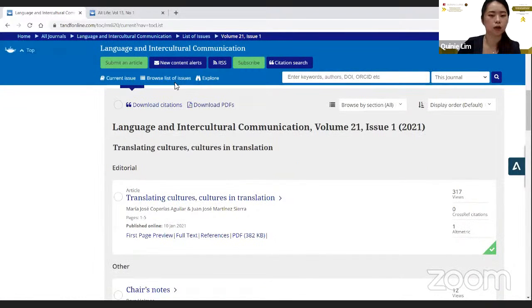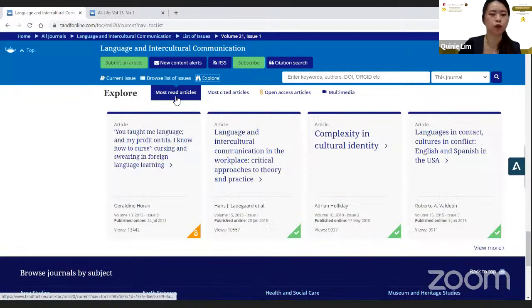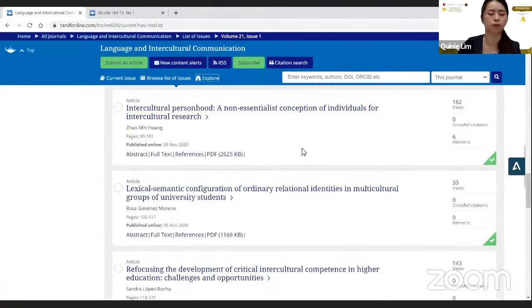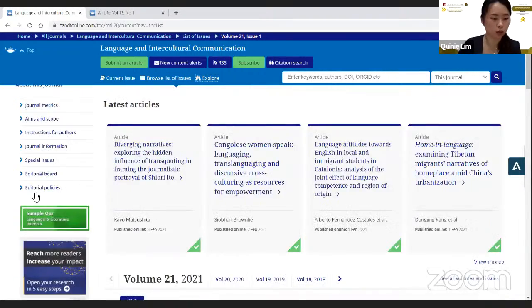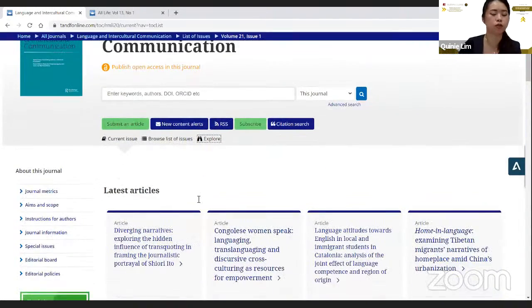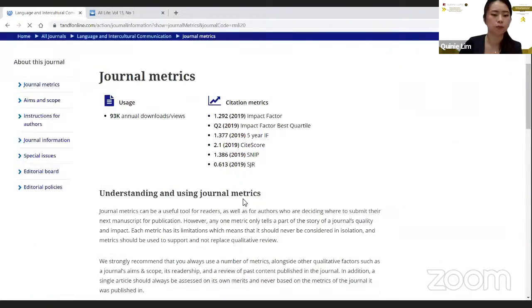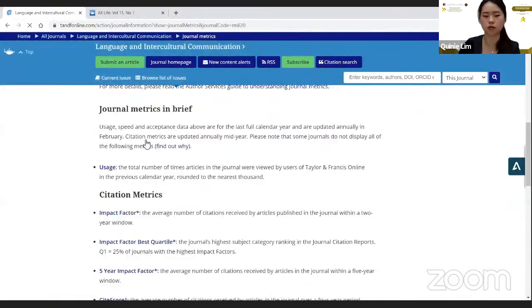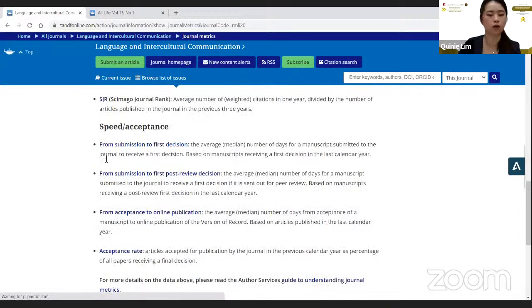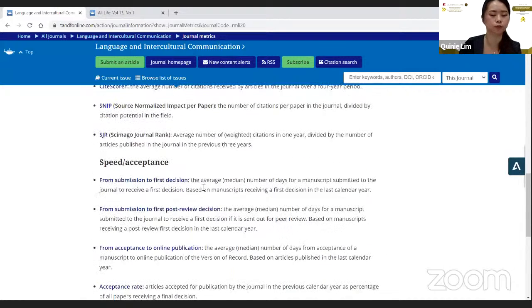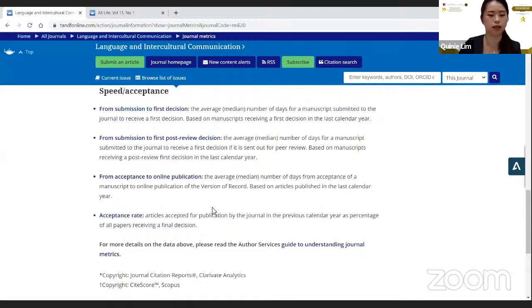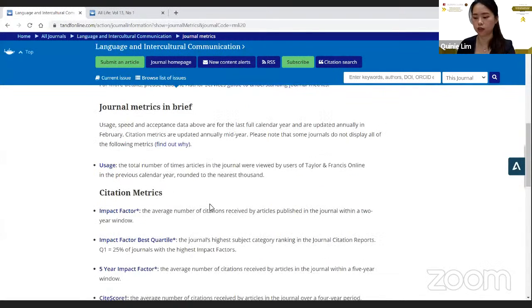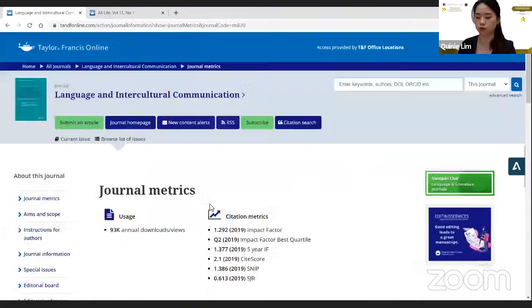And also, if you click on explore, it would show you the most read articles, most cited articles, and the open access articles within this journal as well. One more thing I wanted to talk about, under journal metrics, if you're looking to submit to this journal, you can also see here the speed of acceptance when you submit to this journal. So how long it takes for your article to be published by the journal, the review periods and things like that. Okay, so now that I've gone through everything for the journal,